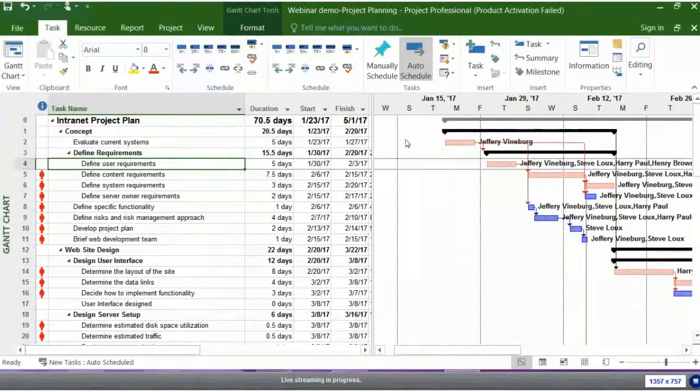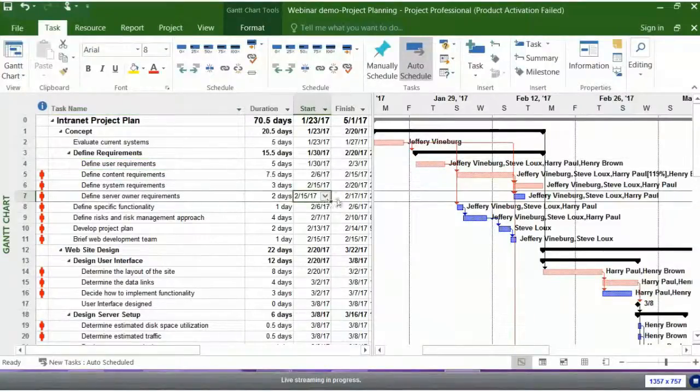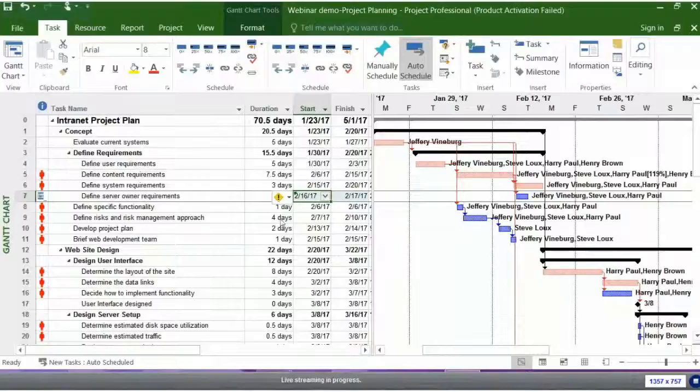So we see now what happens when we start to link these tasks. We start seeing the effect of Project automatically scheduling a task. What if I push this out? Project says I can start this on the 15th based on its predecessor. What if I push it out to the 16th? It lets me do it, but it gives me a warning. As a matter of fact, over here in the indicator column,